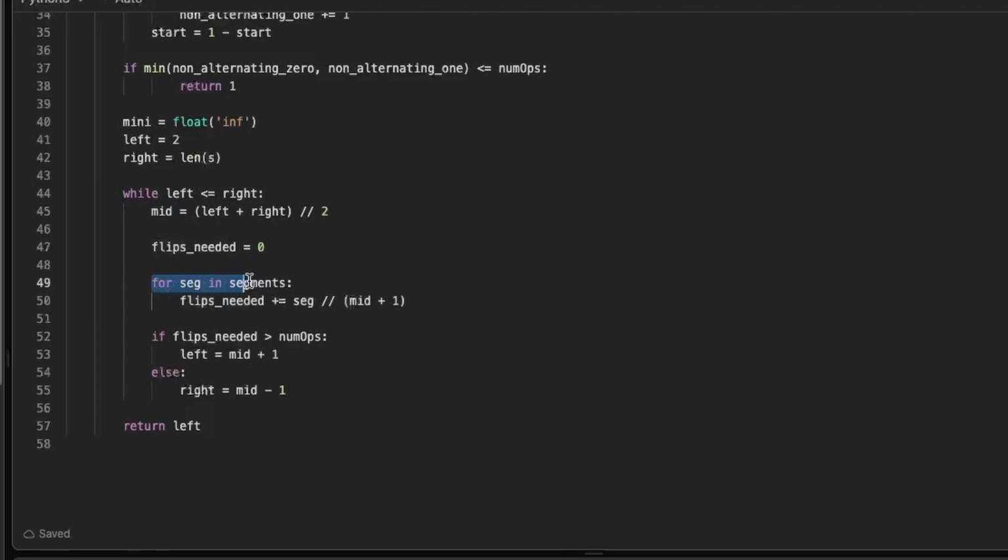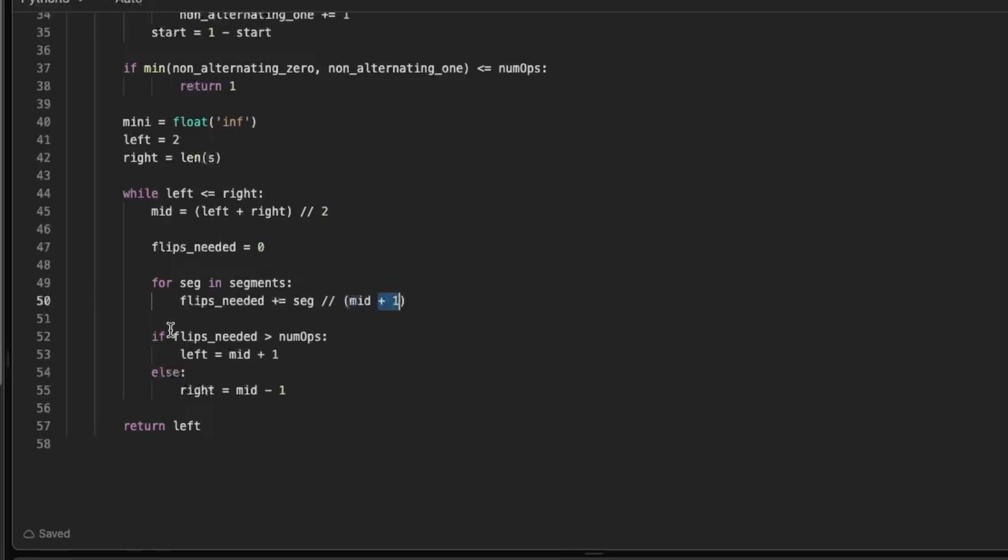So I'm going to go through each segment and I'm going to apply that equation we developed. So I'm going to take the length of my segment and I'm going to divide this by my mid value plus 1. And again, this is the total length of the segment we're looking at. This is a desired value of the substring we're trying to create,